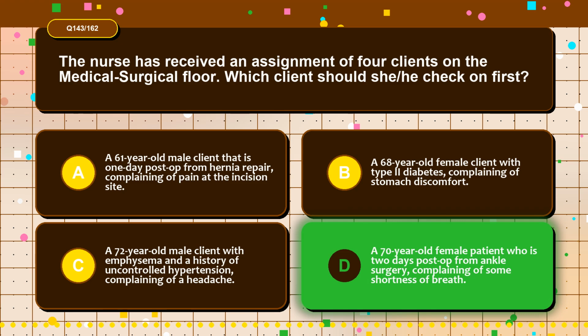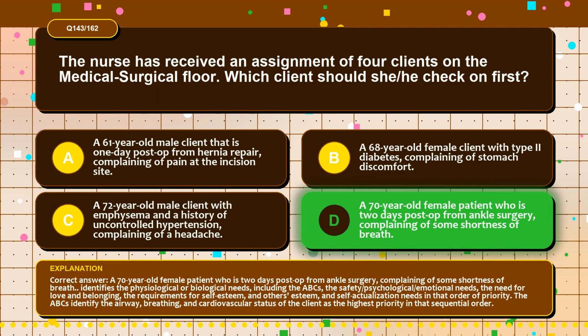The correct answer is option D, a 70-year-old female patient who is 2 days post-op from ankle surgery, complaining of some shortness of breath. Correct answer. This identifies the physiological or biological needs, including the ABCs, the